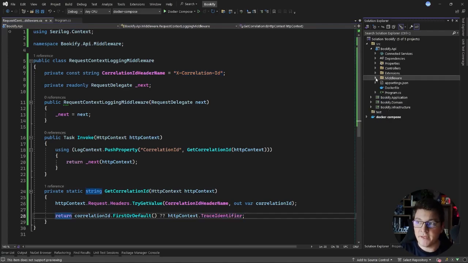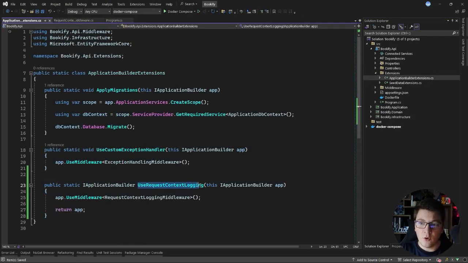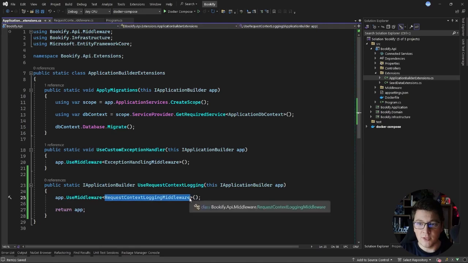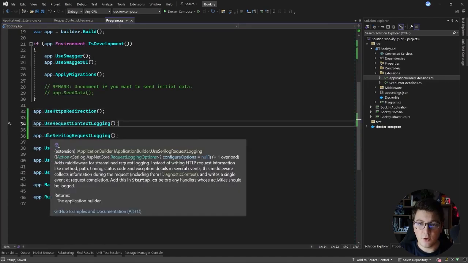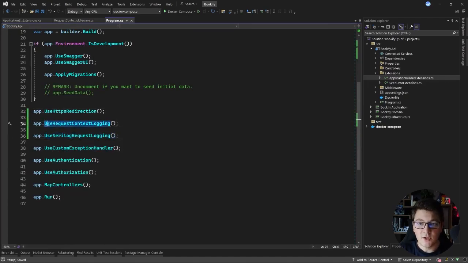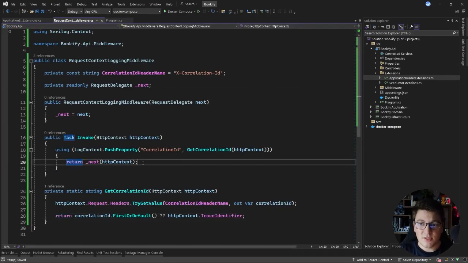Then I'm going to define an extension method to register my middleware. I'm going to call it UseRequestContextLogging, and it's just going to call the UseMiddleware method and specify my middleware as the middleware that we are adding to the request pipeline. Then I'll go to my Program file and call this method right before calling UseSerilogRequestLogging. So I'm first going to push the correlation ID into the log context and then execute the remaining middleware in my HTTP request pipeline. So the RequestContextLoggingMiddleware that we just added will allow us to add a correlation